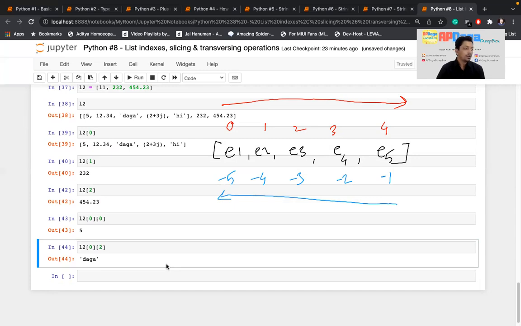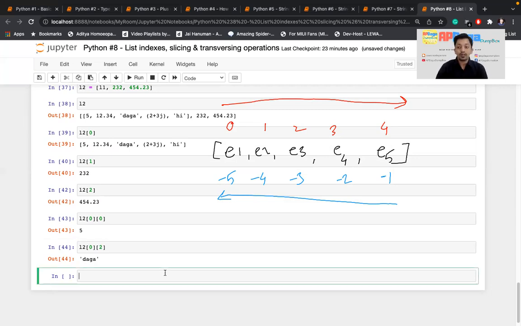And just like string, the indexing and slicing operations on a list are exactly similar to those of a string, with only one difference. You cannot modify a string, but you can modify a list. At the same time, I have shown you how you can concatenate two lists, and how you can multiply or replicate a list. So that's it. One more thing, I did the plus operation on two different lists. I'll show you L1.